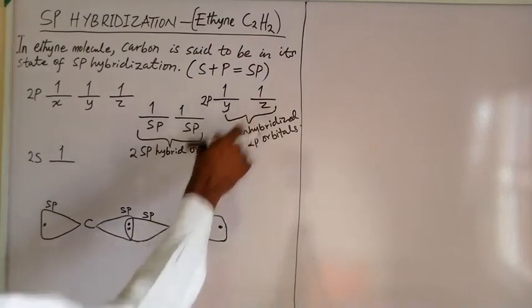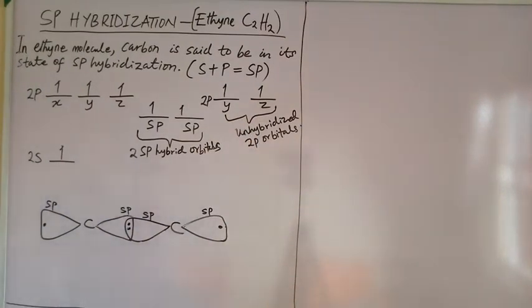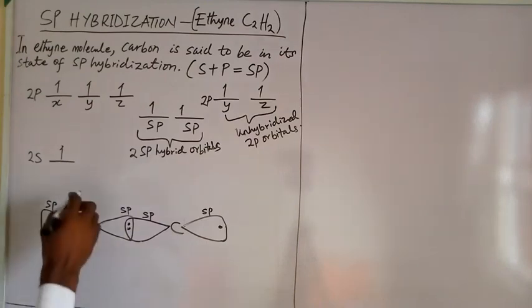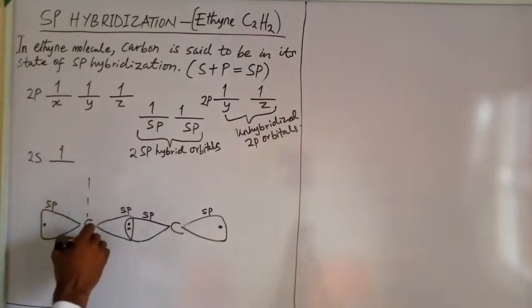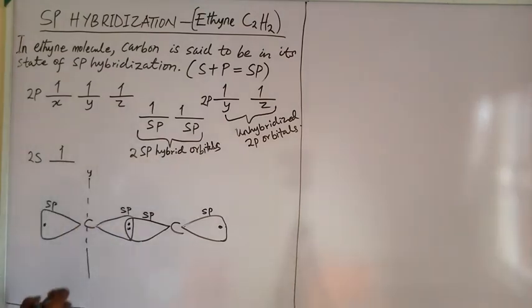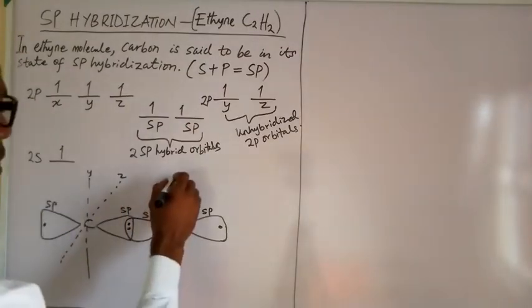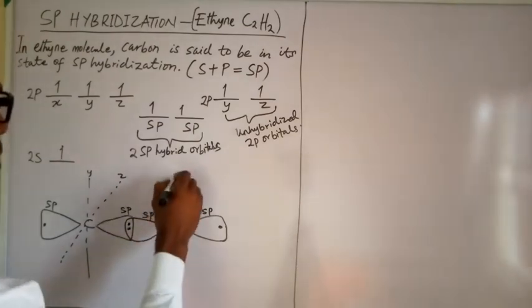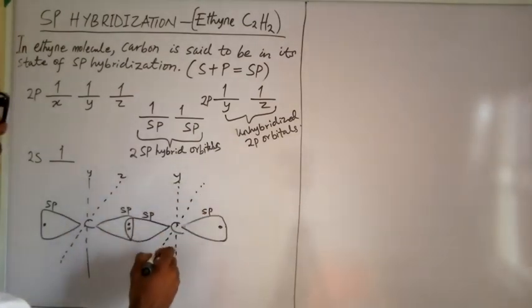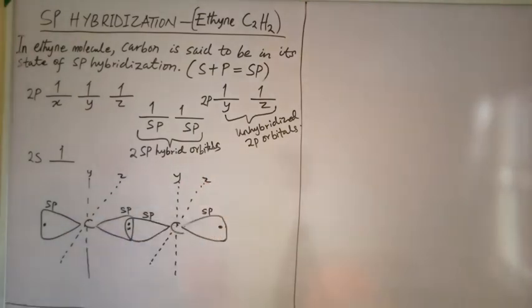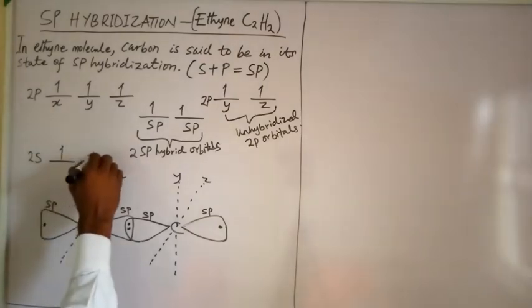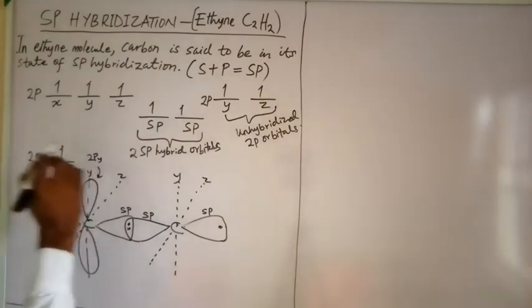We now have the two unhybridized p orbitals, and we have to equally depict them. Nice. Okay, so what we are going to do is to draw an imaginary line. Of course, this is representing the y-axis, and another imaginary line representing the z-axis. We do the same for this carbon, representing the y-axis, and another imaginary line representing the what? The z-axis. Beautiful. All right, so we're trying to represent the unhybridized 2p orbitals. So when you have your dumbbell shape in the y-axis, of course, you expect that this is the 2py orbital. This is the 2py orbital.